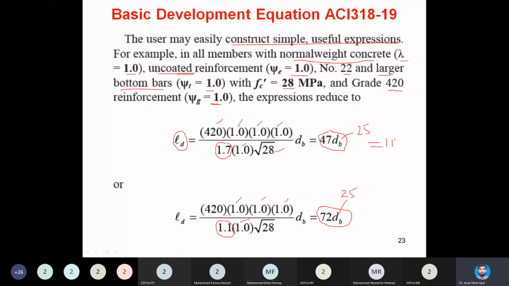So I even write it like this. It is nearly equal to 1.2 meter. I can divide this with 1000 and round up. So equation 1 proposes straight bar LD of 1.2 meter. And if I use the other case option, then 72 into 25, 1800.